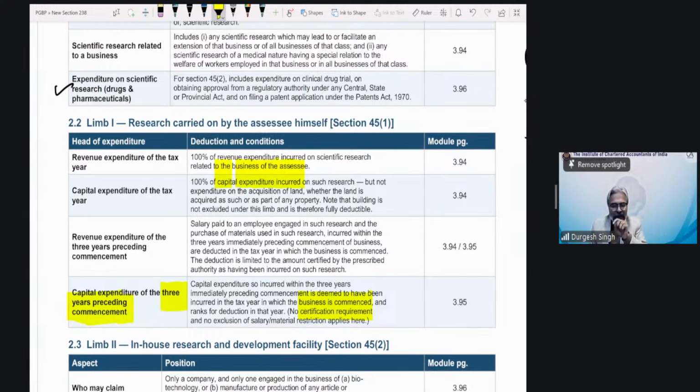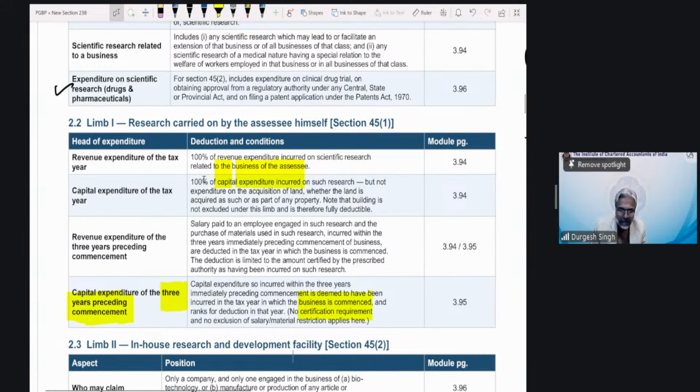Then what will be the consequence? This is what it will be, students. You will be allowed the deduction in full. Just because you have incurred the expenditure, you will be allowed the deduction in full. Is that point clear to all of you, students? Every one of you, and that exactly is the point.